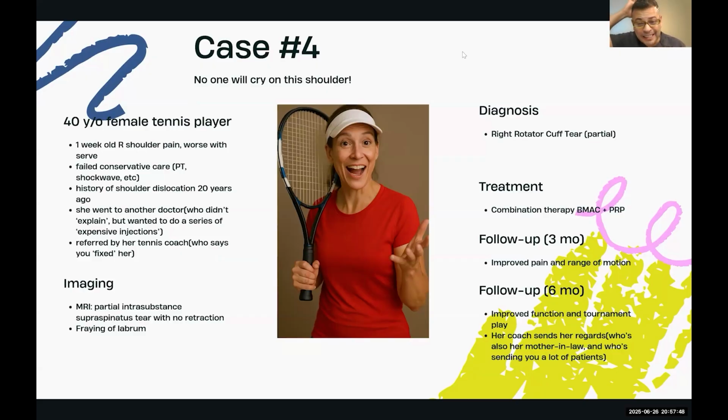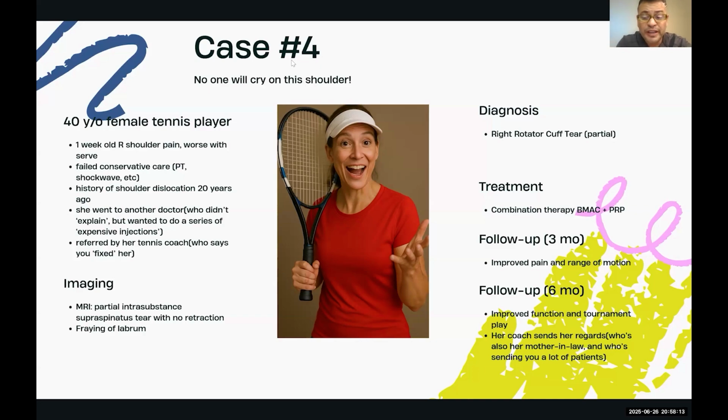Now, on imaging, this patient came in with a partial intrasubstance supraspinatus tear with no retraction and some fraying of the labrum, which was expected from her old dislocation. And diagnosis, she had a partial right rotator cuff tear and some labral fraying. The treatment was a combination therapy of BMAC and PRP, and at follow-up of 3 months, she had already improved